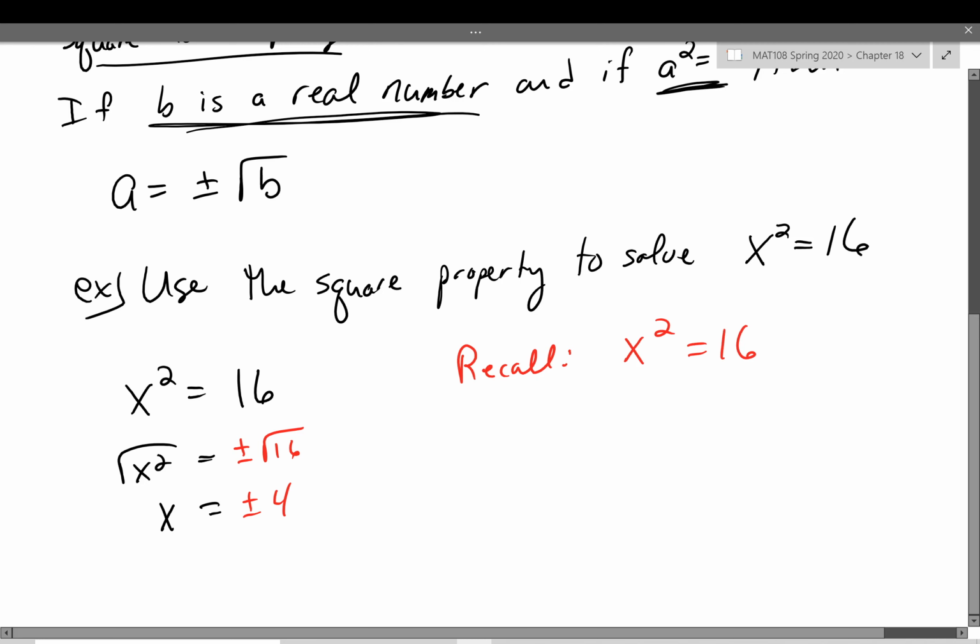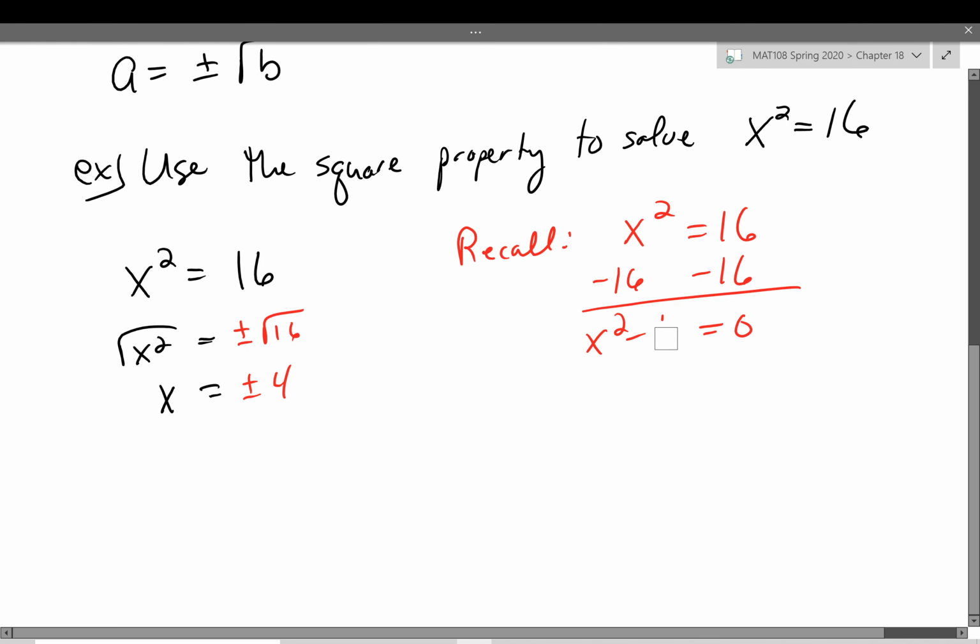What if I would have done this? What if I would have subtracted both sides of my equation by 16 and got it equal to 0? Which is what we are very, very used to doing. Notice on the left-hand side here, I have x squared minus 16 equals 0, which is the difference